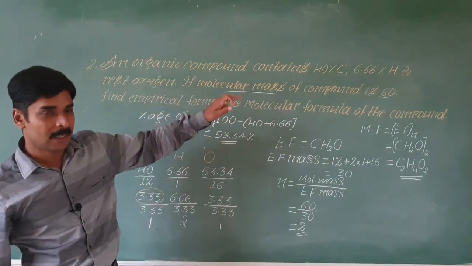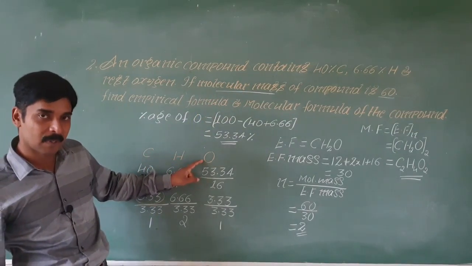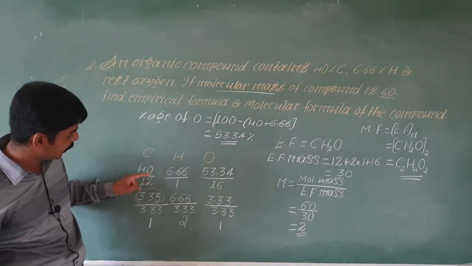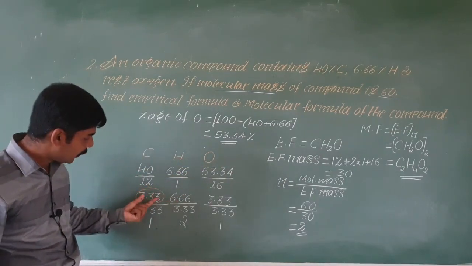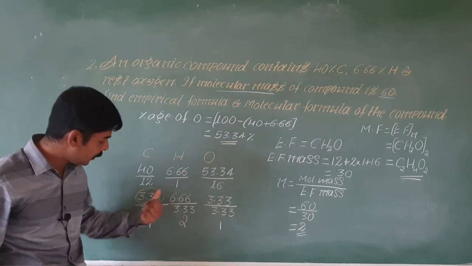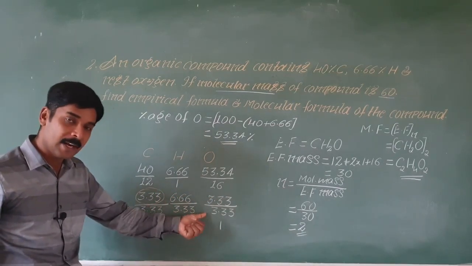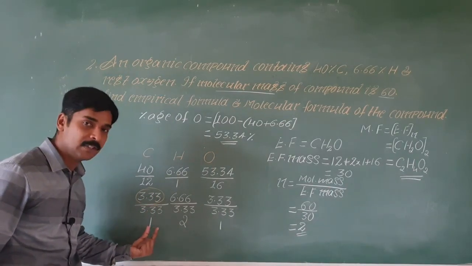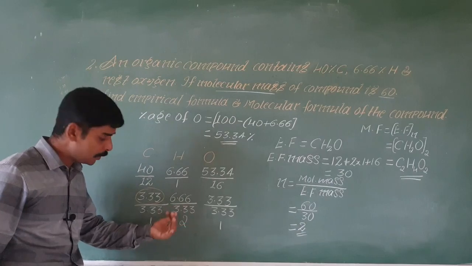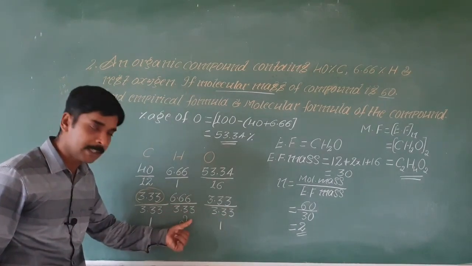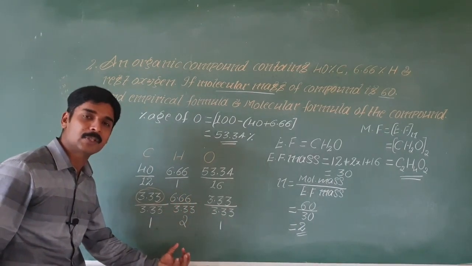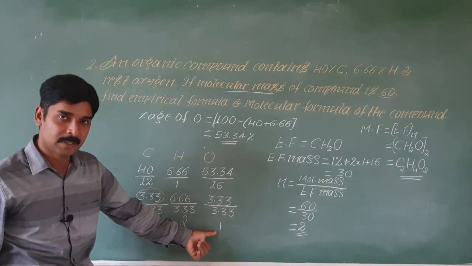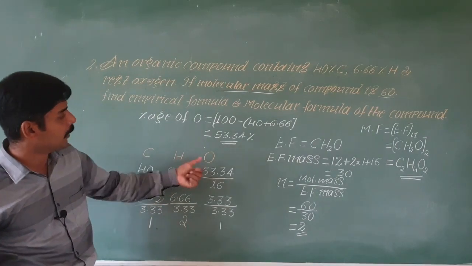Read the question, write down all the elements, the symbol of all the elements, write the percentage composition below that and divide that percentage by its atomic mass. Identify the smallest out of this and divide all of these by the smallest number, and after dividing you have to round off to the nearest whole number. You should not write the decimal value. If you get 2.03, you should not write it as 2.03. Round off to the nearest whole number, then 2.03 will be 2. Then you will get the simplest ratio. Using that you write the empirical formula.